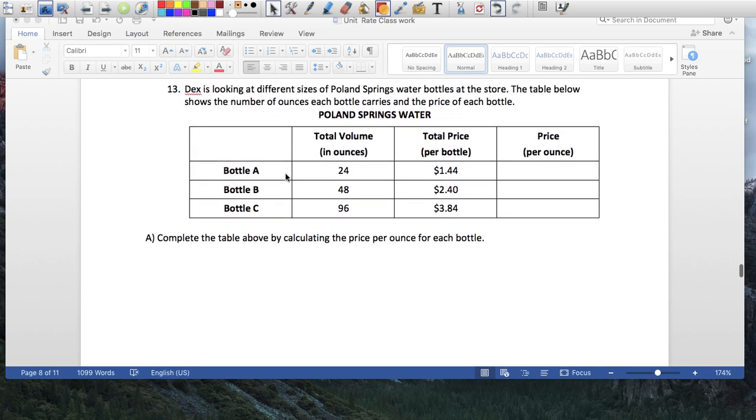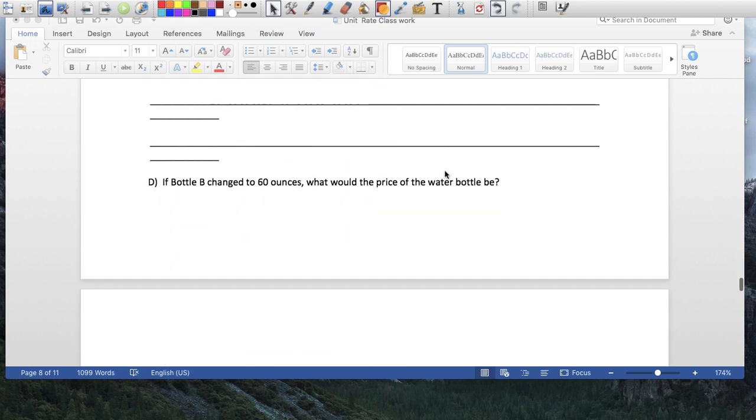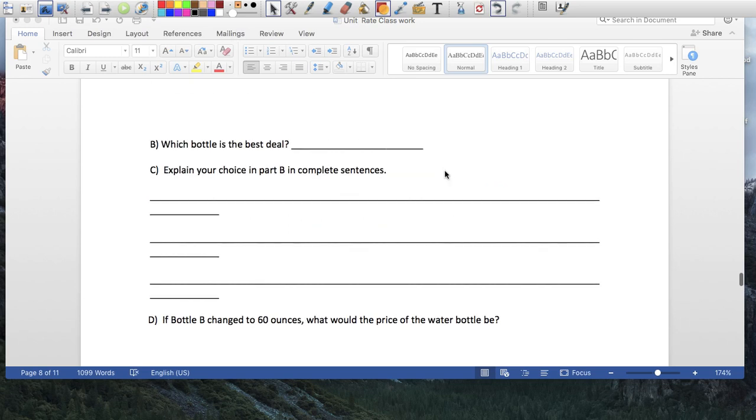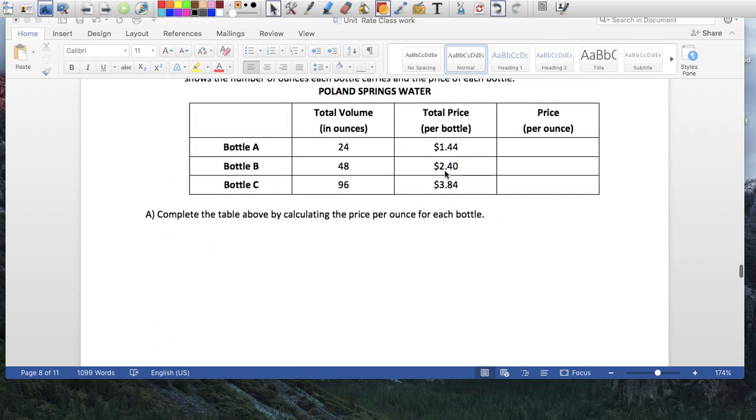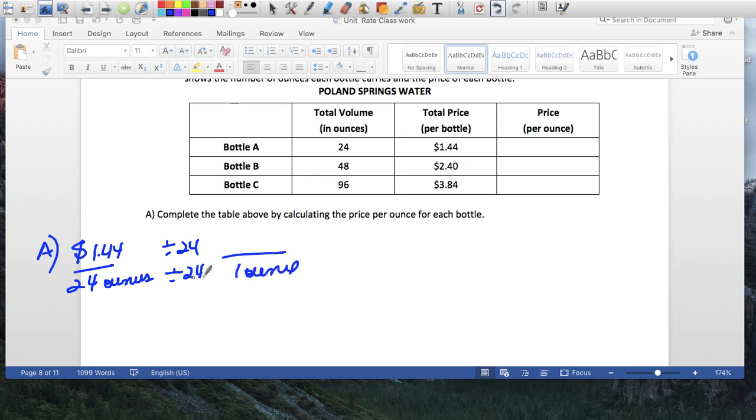Okay, here we have 3 bottles, and again we're looking to find out which one is the better deal. Bottle A is $1.44 for 24 ounces. We're going to divide this by 24 and this by 24, and we get 1 ounce, because 24 divided by 24 is 1. 1.44 divided by 24 is going to give us